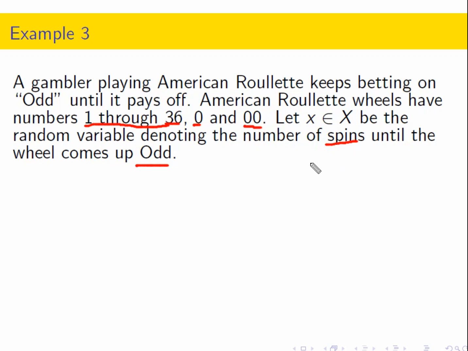It could happen at 0, right? The very first time we could have an odd, or when x equals 1, that means we had to watch a non-odd number go by and wait one time, and then on the second time we had an odd. So let's set this up